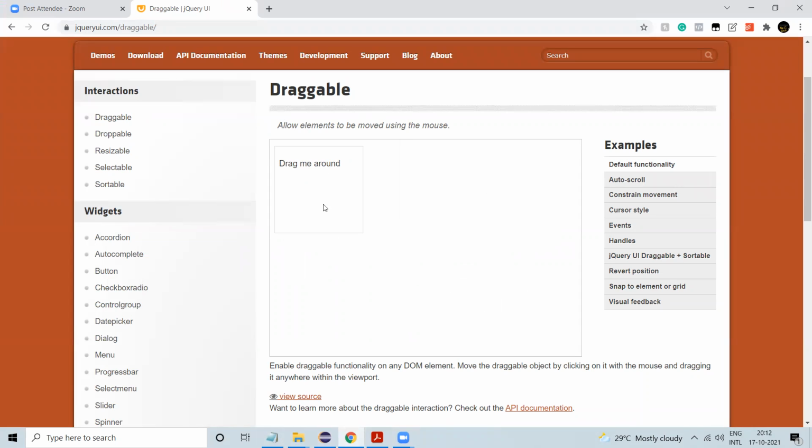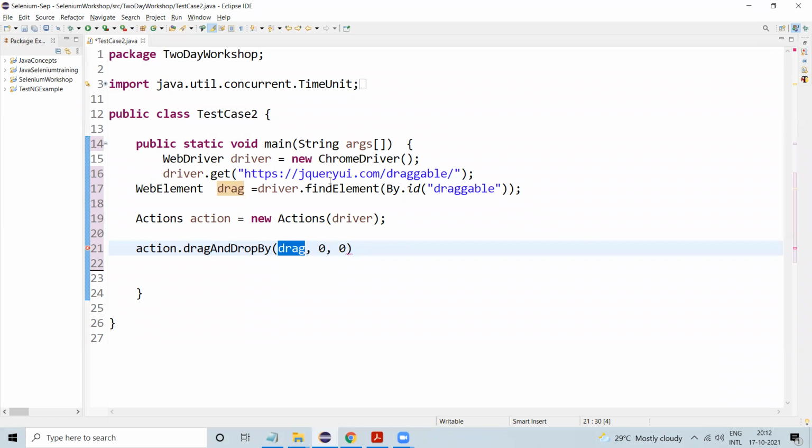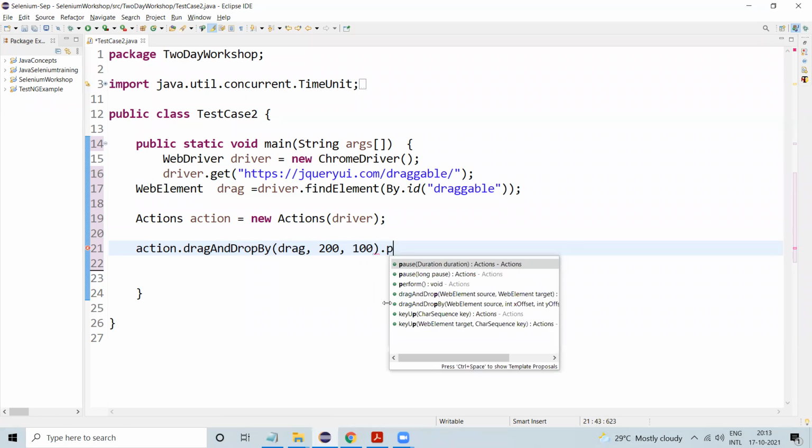Here we need to give the element and xy coordinates. So here we'll pass drag. This is the element we are going to drag, and we'll give some random values. As per your requirement, you just go with your pixel point. Then dot perform.